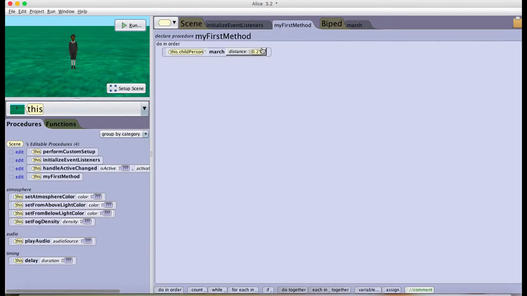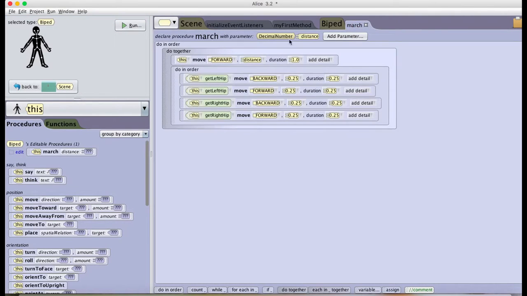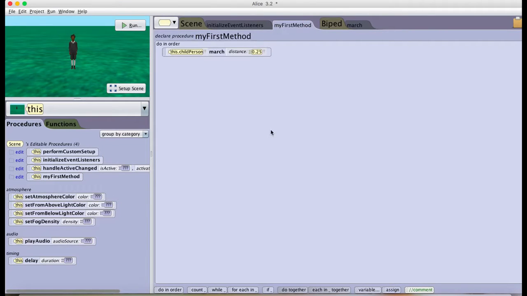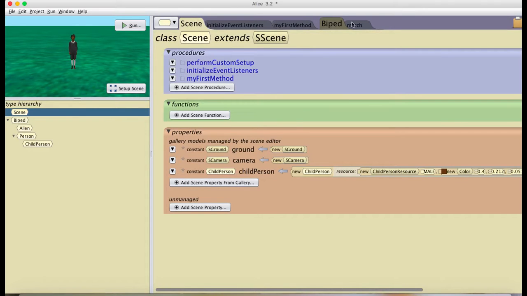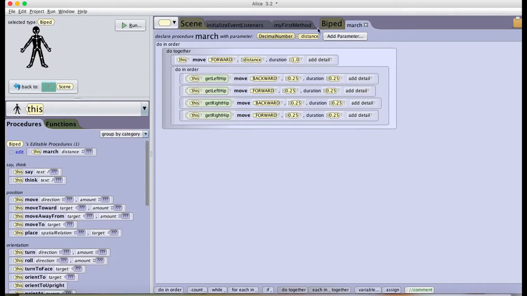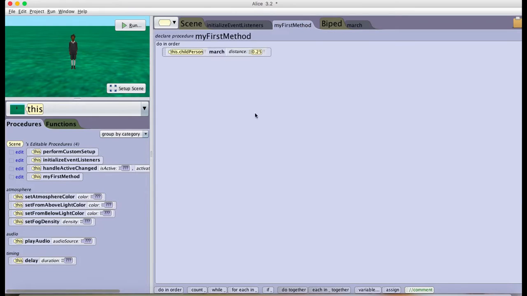So there it is. So this parameter made it way easier for me to constantly change how much I want the person to walk without having to change a variable here and then make another variable here and change that one continually, or make a global variable, which is the other way I could have done this. Instead, I just use this parameter, and it's really simple because I'm only going